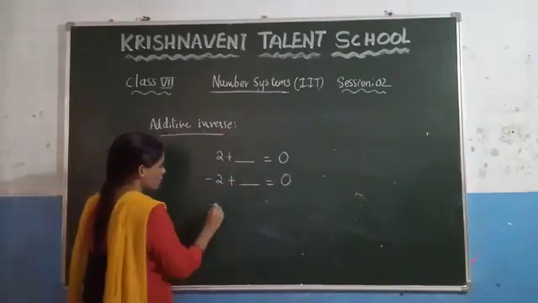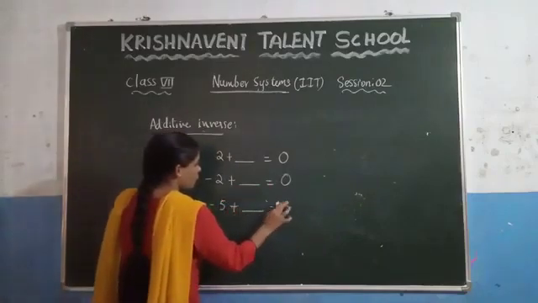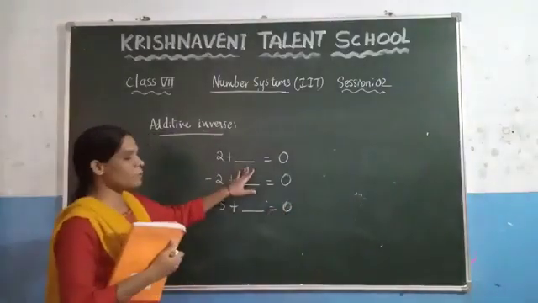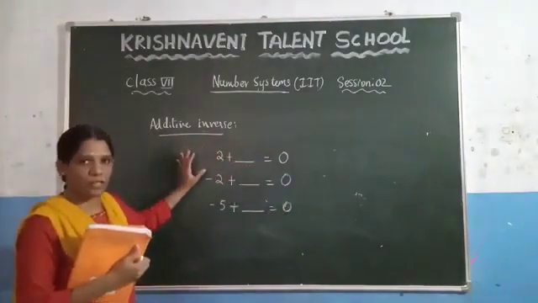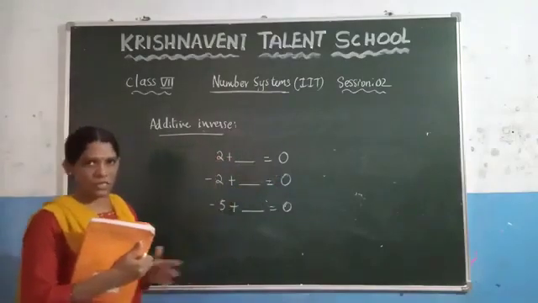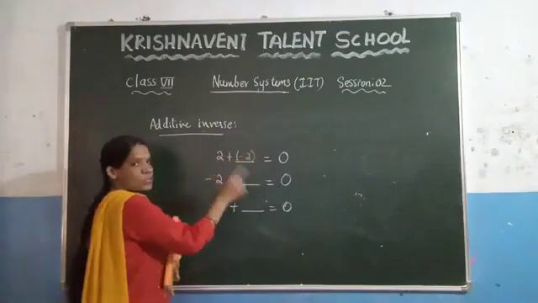Consider a few more numbers, which is -5 plus the same thing, you need to get the result as 0. Which number we are adding here, that number will be the additive inverse of the given number. Which number you need to add here so that you are getting the result as 0, which is nothing but -2. Because you know that 2 minus 2 is 0.